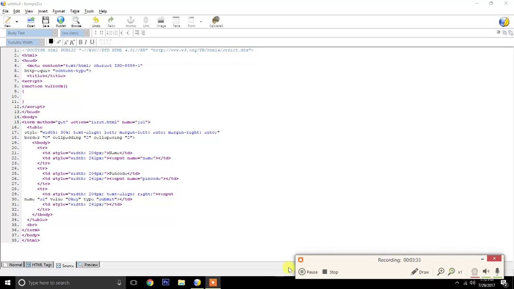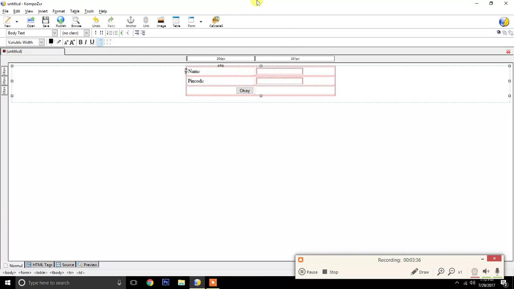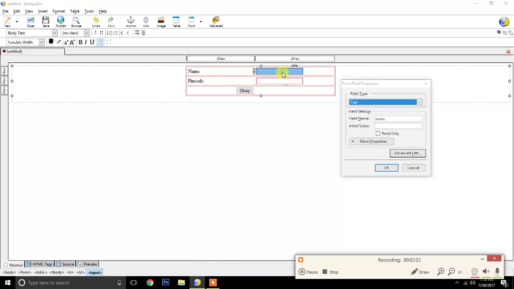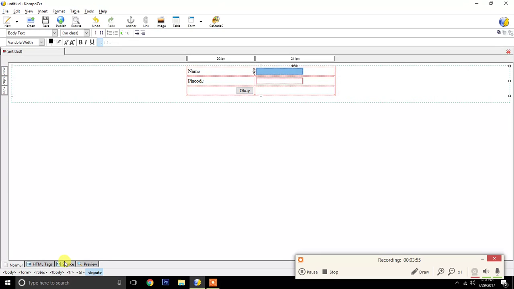So now what we need to do is, in this text box we need to add some validation, not in pin code. In this tutorial we are only going to add it in the text box name. So what is the name of the form? That is JS1. Okay, and what is the name of your element? That is name. So make sure that you write this well.